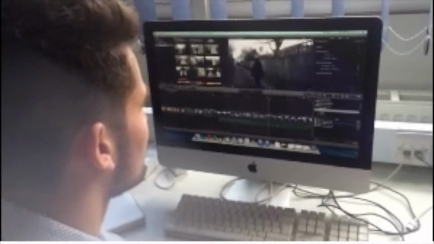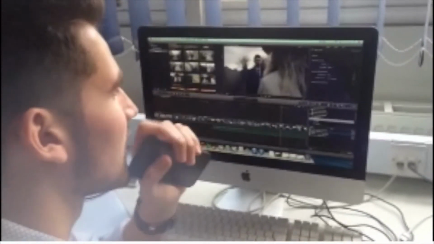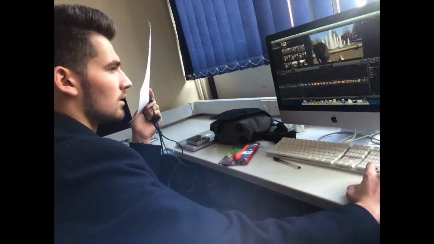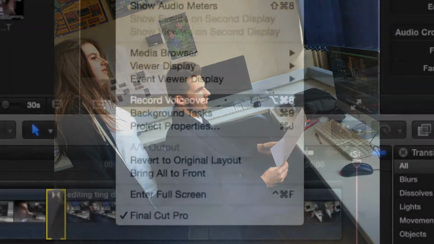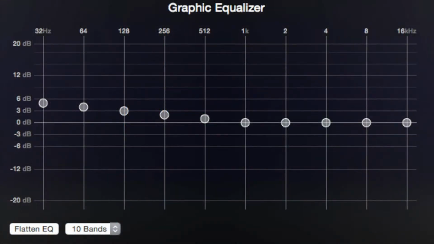When it came to editing, after piecing all of our footage together, I wrote out voiceovers for the respective characters. They were to fill the gaps over the top of the footage where there was no sound. For instance, the argument scene and the scene at the pub. I used the built-in voiceover recorder from Final Cut Pro for this, and then adjusted the EQ to make the